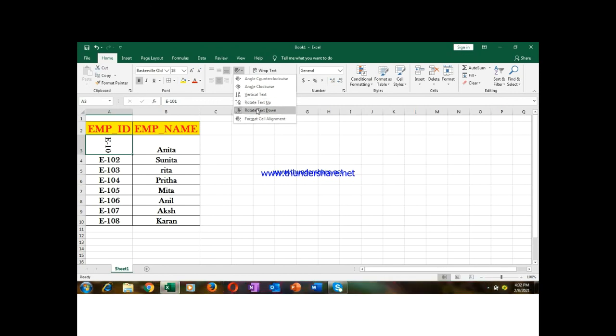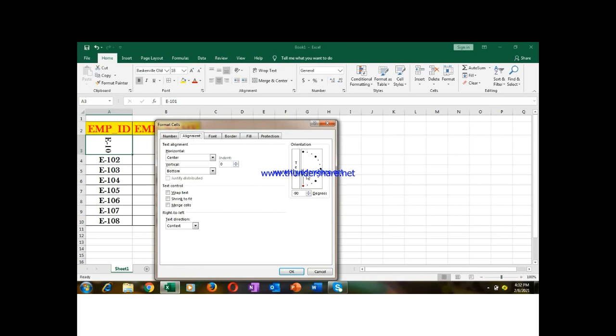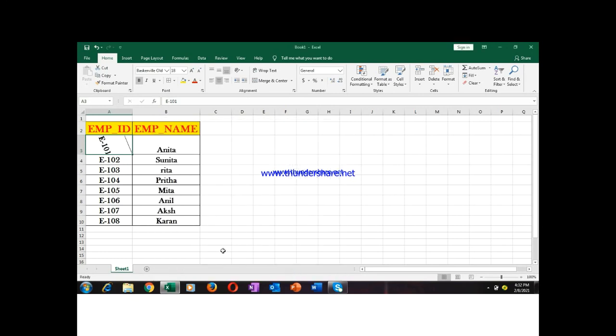So this is the way we can write it, format. And if you want, you can make it according to your angles also. Here, see, can you see the degrees? You can change the degrees according to your need also. See, here I am changing it, can you see it? And if you press OK, it will be like that. Can you see it? The degree has changed. So in this way you can change the orientation of the text. This is the way we are changing the orientation of the text.